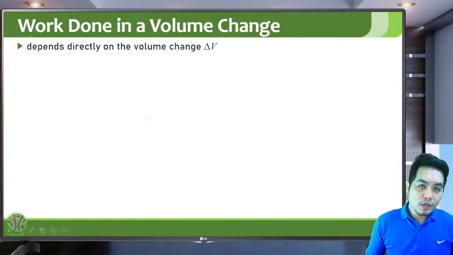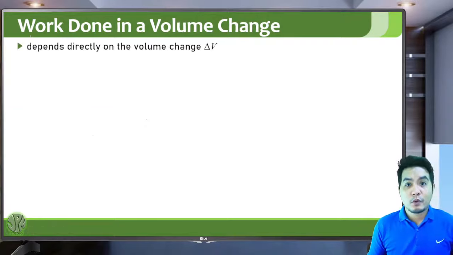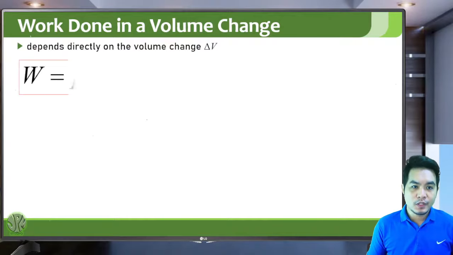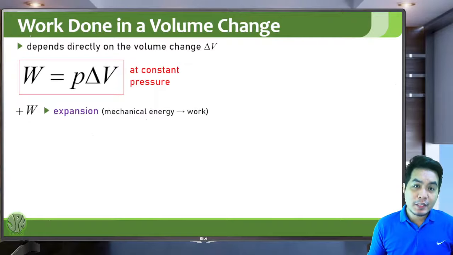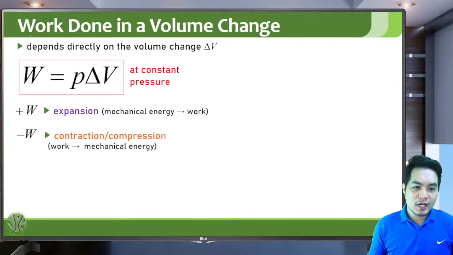The work done when the volume of a thermodynamic system changes depends directly on the change in volume. And at constant pressure, the work done is the pressure times the change in volume. Again, positive work means expansion, so mechanical energy is converted into work. And negative work means contraction or compression, meaning work is done on the system and